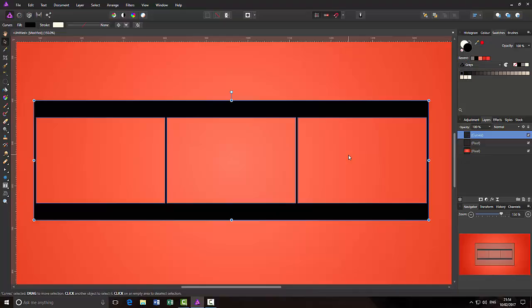And this is where I'm going to use my guideline, and to do that I'm just going to click on the ruler and drag a guideline down. I will reposition it later, but for now I will just put it there,